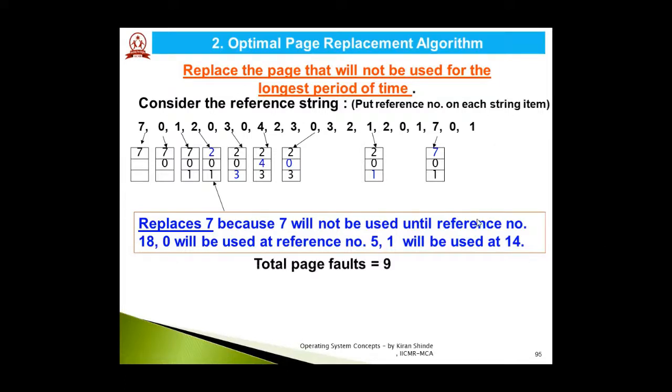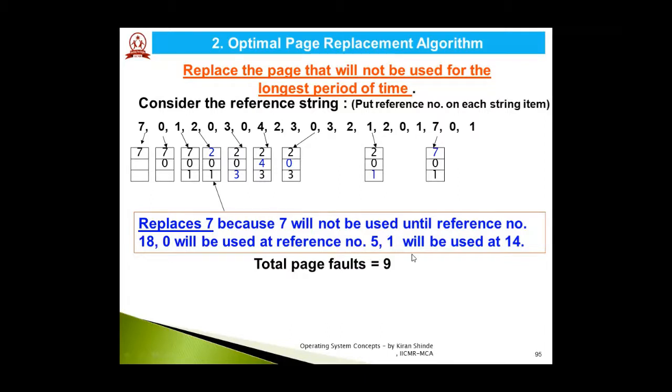At this moment of time, we can also conclude that if the same reference string which was used for the FIFO, that is first in first out algorithm, is used with the optimal page replacement algorithm, and if you compare the efficiency of these two algorithms with respect to the number of page faults, you are getting fewer page faults with optimal page replacement algorithm as compared to FIFO.